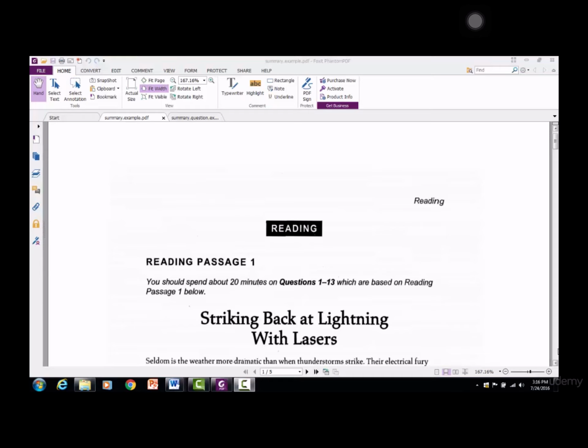So now let's look at an example of when the words do appear in the box, okay? So let's have a look at it. This is from, I believe, the Cambridge book number 7 or 8. I think it's number 7. I like some of the